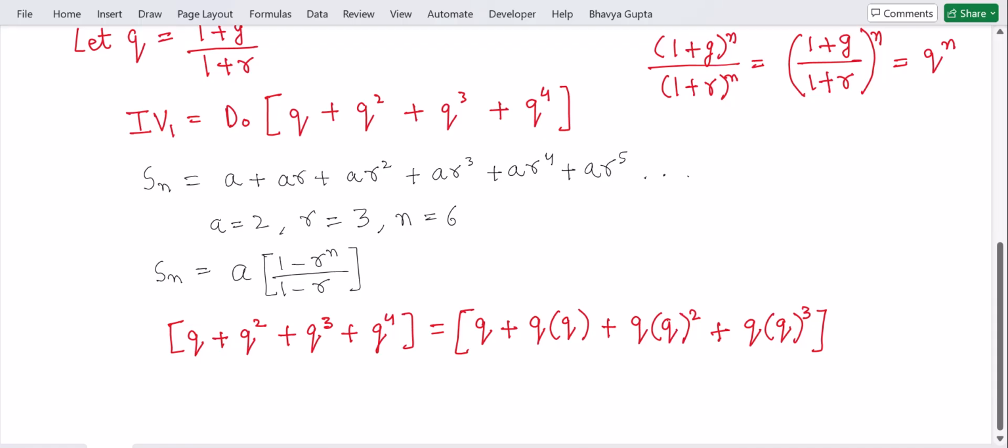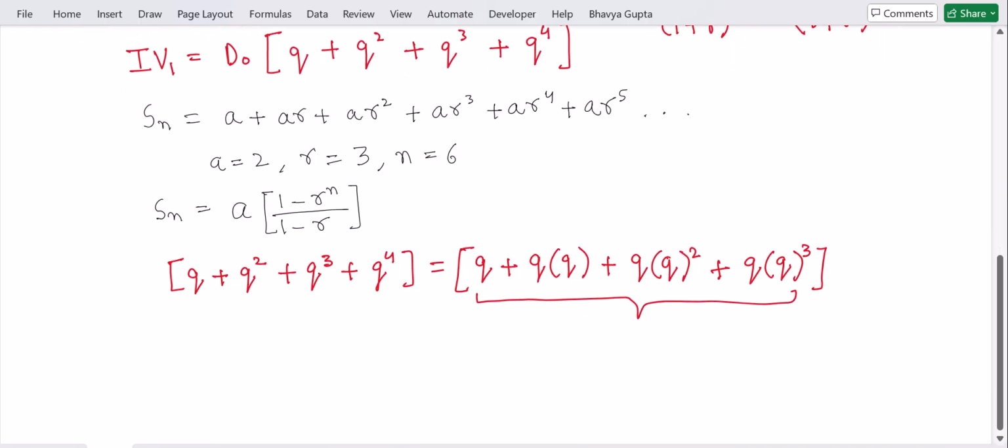Okay. So we can further break this down. This now looks like a GP series in which A is equal to Q, and R is equal to again Q, which means that A equals R. And now we have to add all these elements of this GP series. So now we know the formula as well for adding a GP series. This is the formula. We can apply this formula.